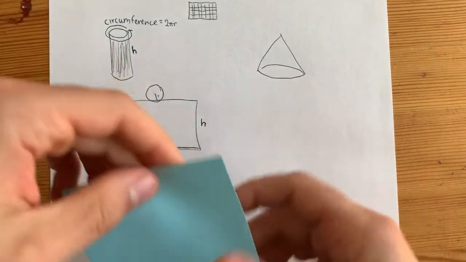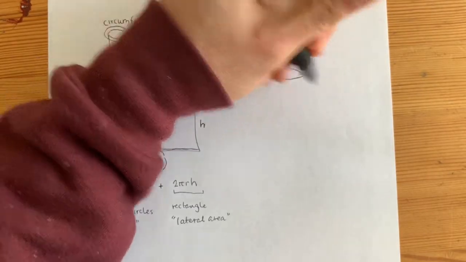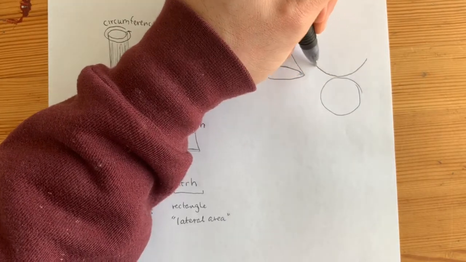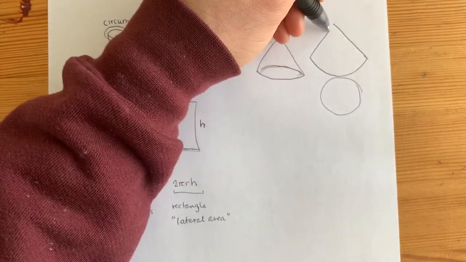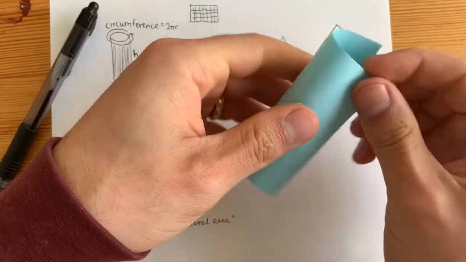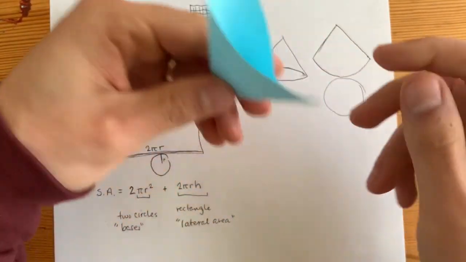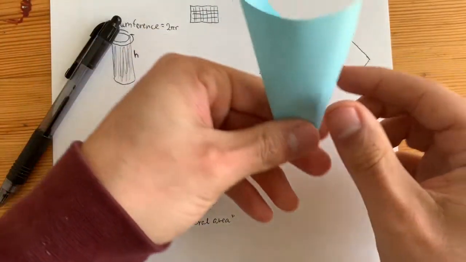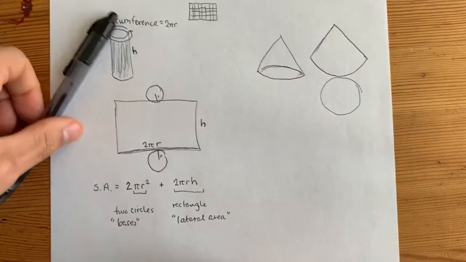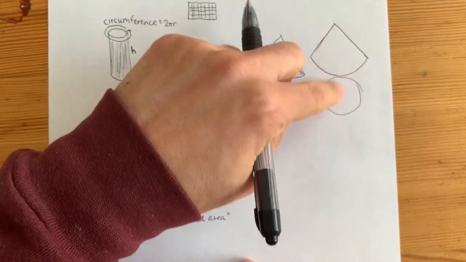The cone, when it's unwrapped, if you can unwrap it, you'd have a circle at the bottom. Laid flat, it would have a circle here, and then a shape like this to make the cone. It's kind of like a coffee filter. You can make a cone out of this flat paper. It's not perfect though. So with this, to find the surface area you need to find the area of these two shapes